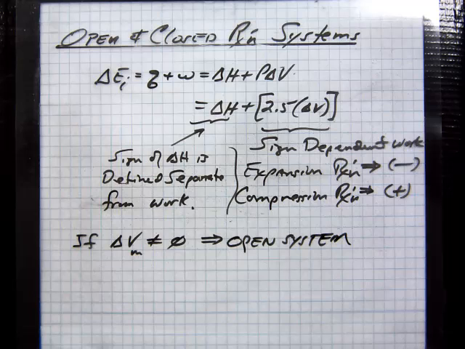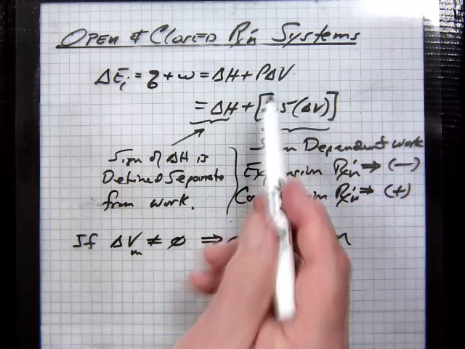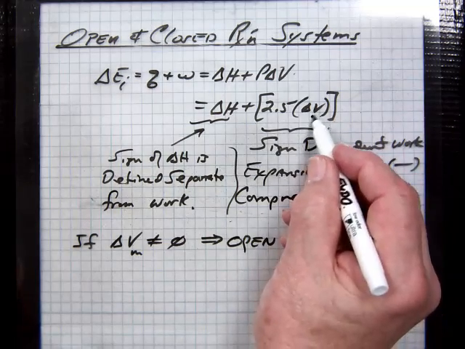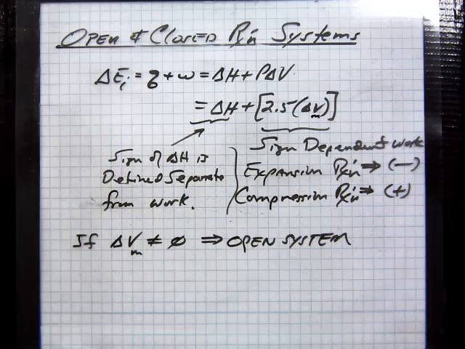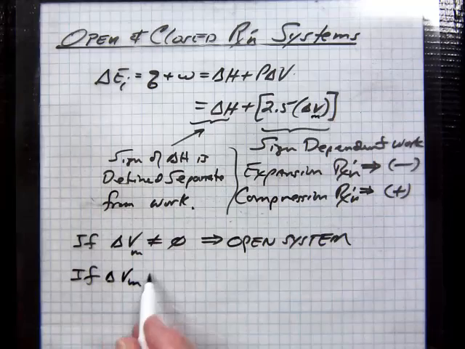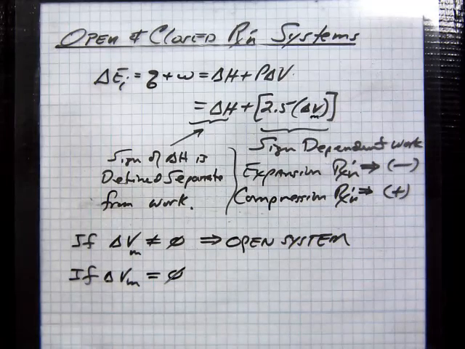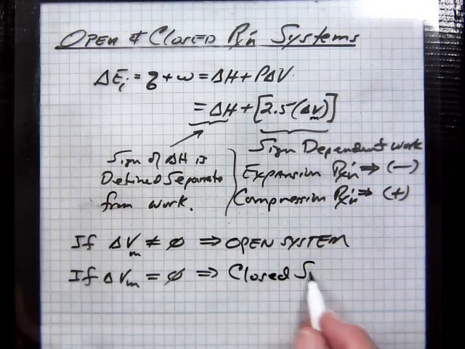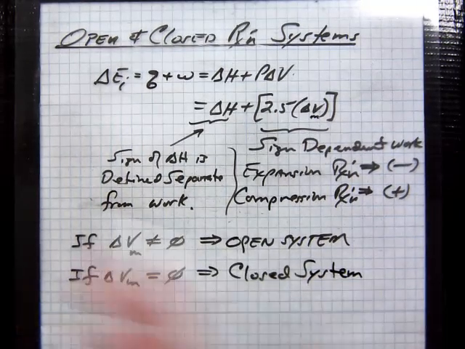If it's an open system, you have to take into account the work function. That's what we've done so far, this 2.5 delta V. I'm going to put an M on that, right there. However, if delta Vm does equal 0, then we call it a closed system. And that's unique